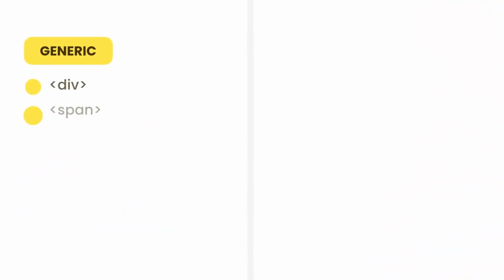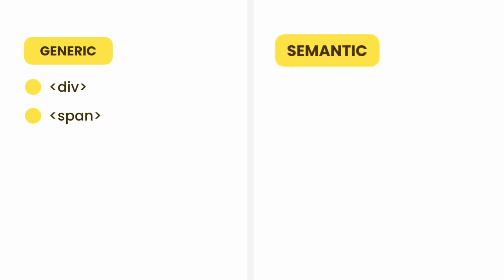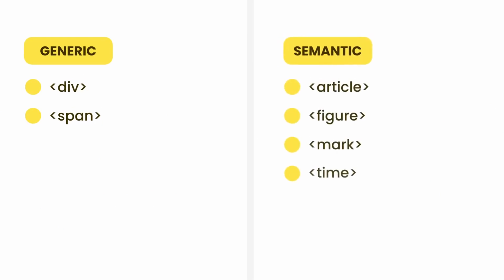So as I told you, divs and spans are general purpose containers. But HTML5 introduced a few more container elements that are more descriptive or meaningful. We refer to these as semantic elements. So wherever possible, we should use these new elements instead of the generic containers like div and span, because this helps search engines better understand our pages and what they contain. In this lesson, we're going to go through some of these semantic elements, and we'll cover the rest in the